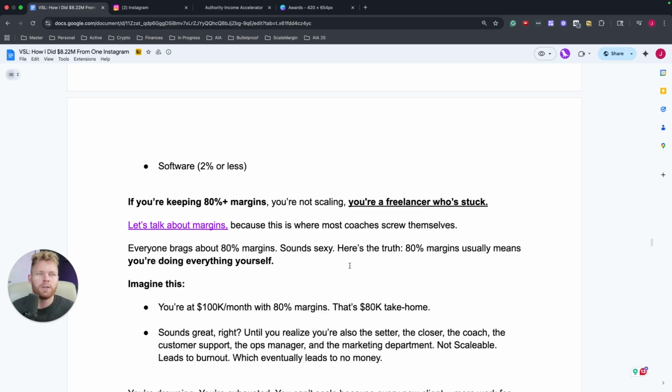It's super unethical, right? That's the beauty of building a business like this, is that you can dip into margin to change people's lives, to hire team members and build something bigger than yourself. Because let's say you are like the 0.001% of the crazy people out there that are doing 400K a month in your business and you have 80% margin. Well, here's the honest truth. You're doing everything yourself. You are working all day, every day. And that's fine if you want to go that route.